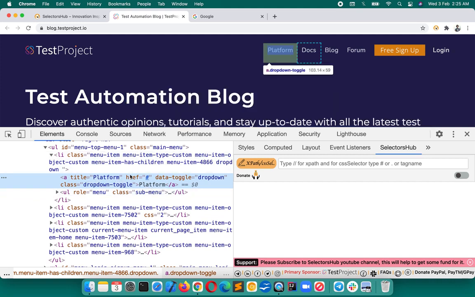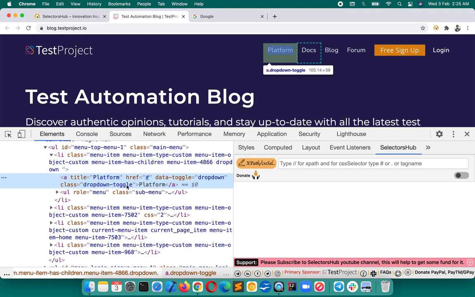We will have to use only attributes and attribute values. So here, suppose dropdown-toggle, we will have to think in our mind whether these attribute values are stable or not, and unique or not.